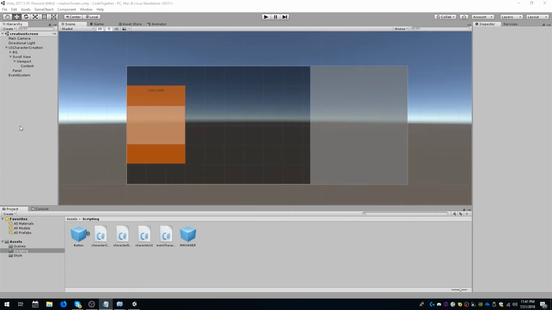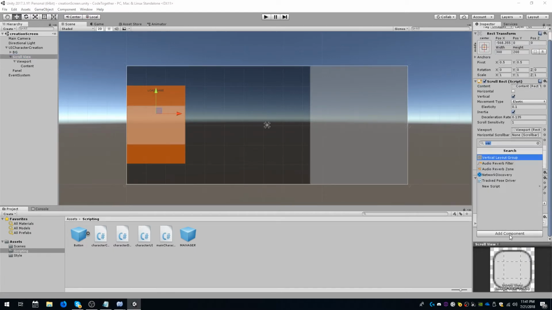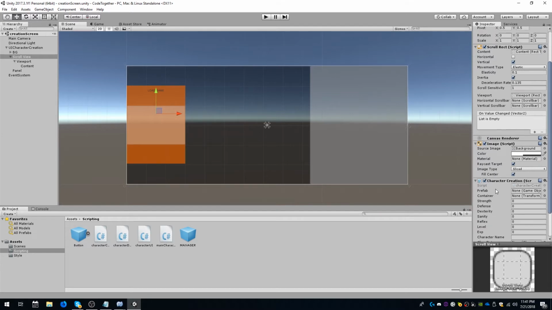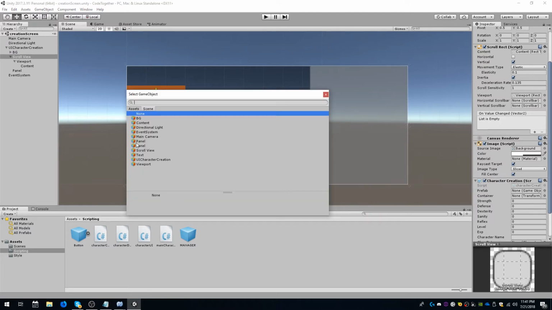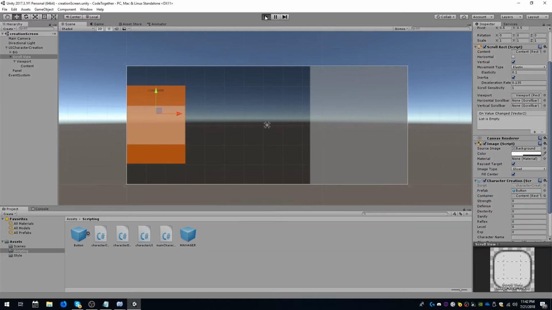All right, so if we click on our scroll view here, we're going to want to scroll down and add component. What we're looking for is script, and we are looking for character creation. Awesome. So see, we are looking for our prefab and our transform here. Our prefab is going to be the button that we created here, and the container is going to be content. So if we click play here,